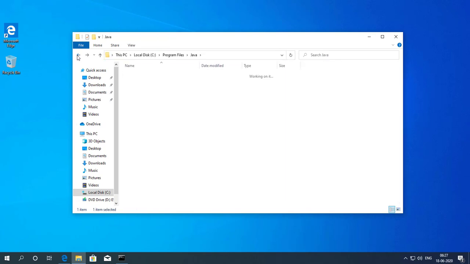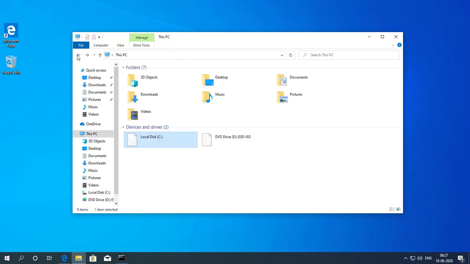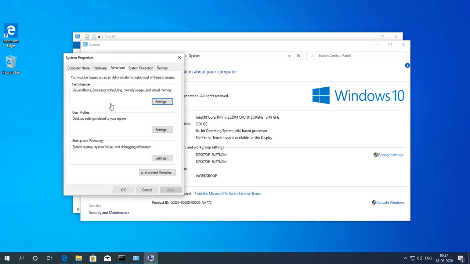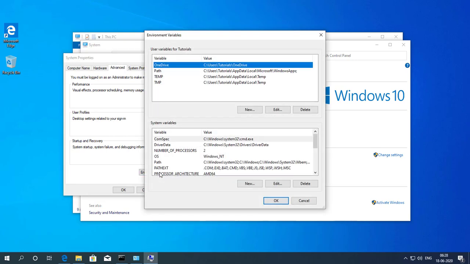I am going back to my file manager. Here right click on the properties, click on the advanced system settings in the left corner. Here click on the environment variable.